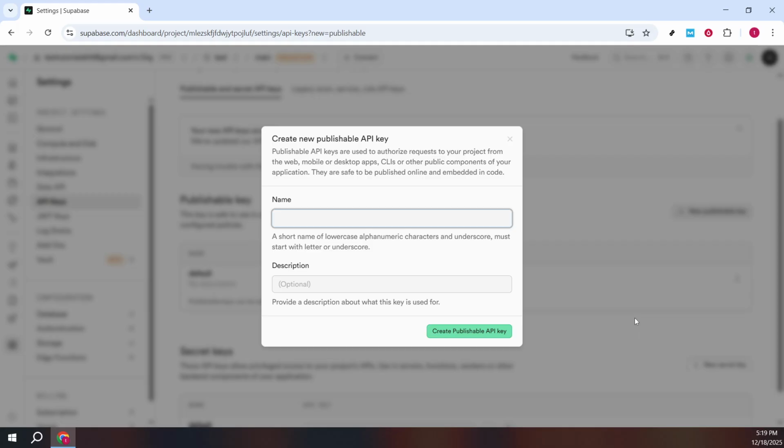Treat this like any other credential. Keep it out of source control, avoid sharing it in screenshots or support threads, and prefer a secrets manager or environment variables for storage. A quick note for context: publishable keys are designed for client-side use and respect your project's